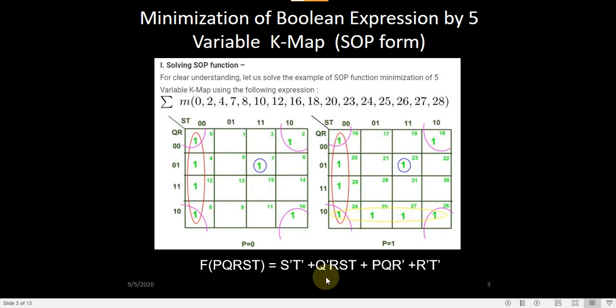Sir, how do we decide where the fifth variable is complemented? Like here you wrote P is equal to 0 in the first part. So how do we decide that where it has to be in complemented form? You can also do PQRS and make T equal to 0 and T equal to 1. Then the literal form would change. Then you will have to put accordingly. You have to be careful with the min terms.